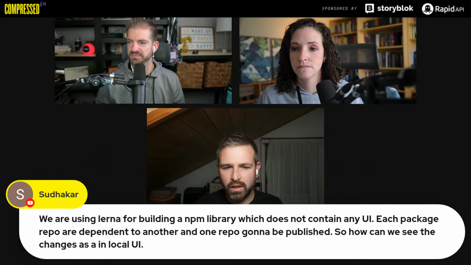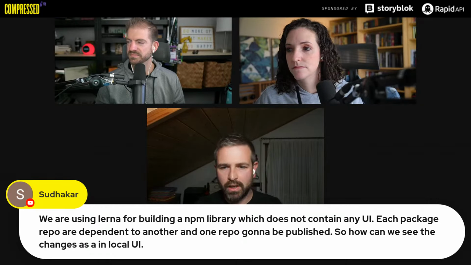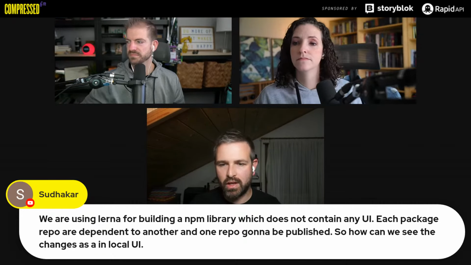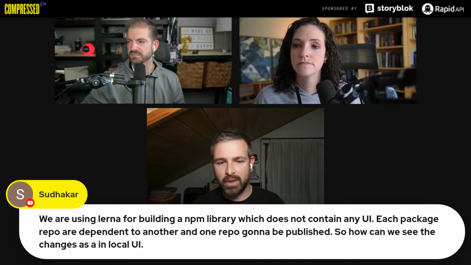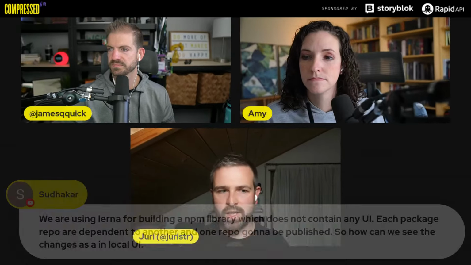Yeah, I think if I got it properly, if you have different packages and the main purpose there is to push it to npm, right? But what often happens is you also want to see the effects of it locally before you publish. And there's nothing wrong with having a local examples folder or demos or whatever, right? Where you create a Remix app, a React app, whatever your framework is that you're developing, right?